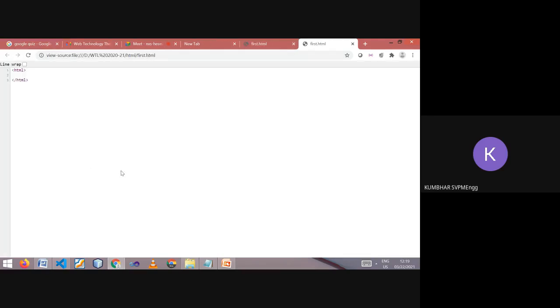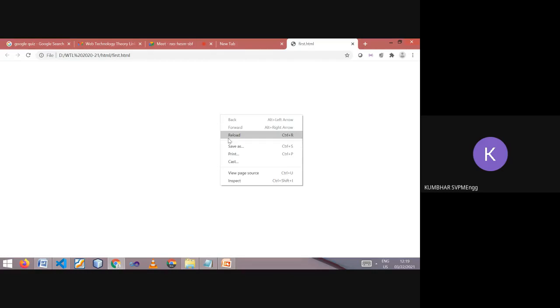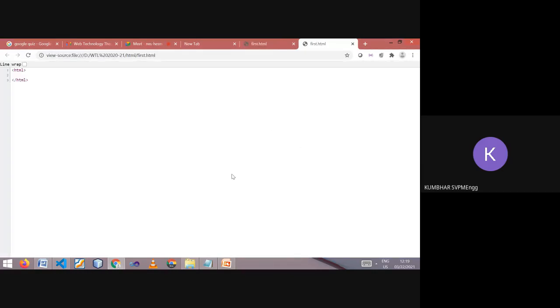Now you can observe this was the first window, but this is a new window that opened. The name is the same, but now it is a view source file, so here you can see the contents. These are the three lines we typed in the file, correct? HTML and end of HTML. Why have I shown it at the beginning itself? Whenever there is a mistake and you are not getting the content properly, you should right click on the page and check the contents, so that you get to know whether the correct contents are coming or not.